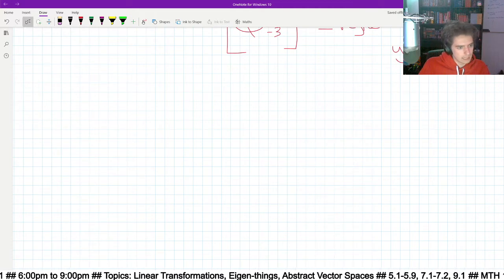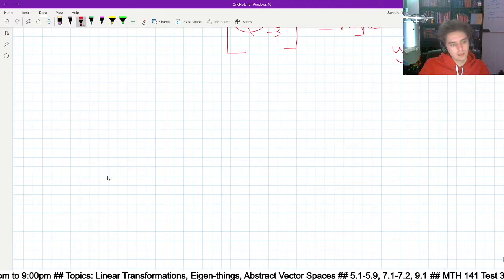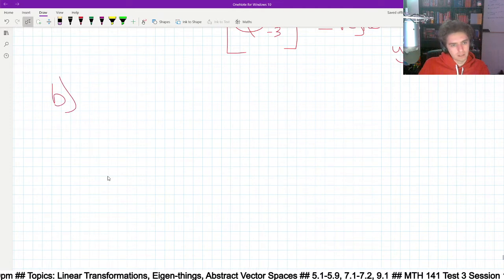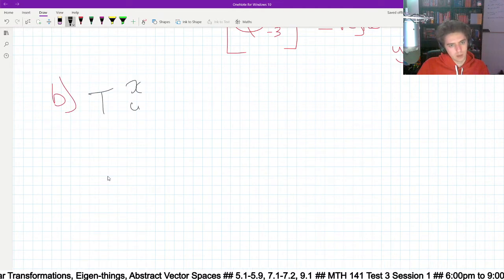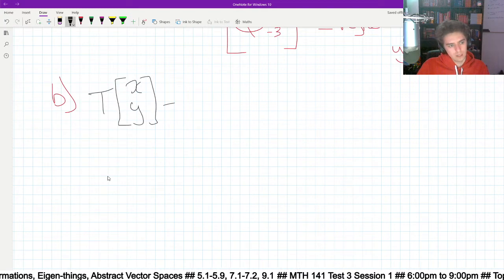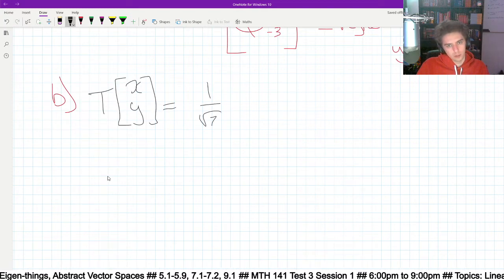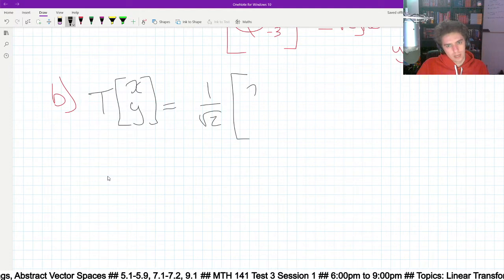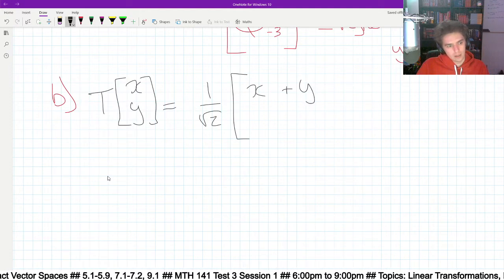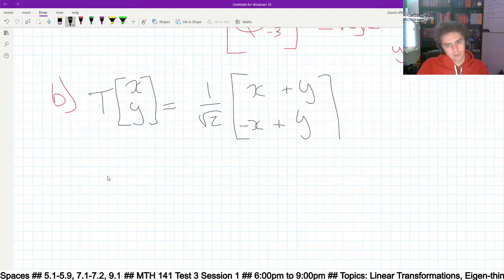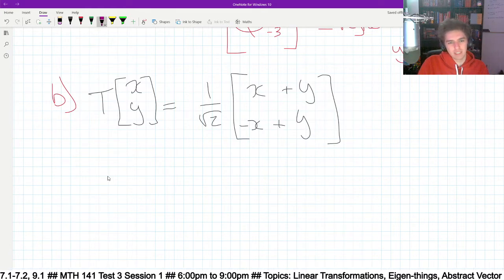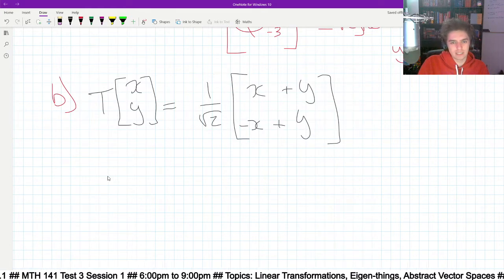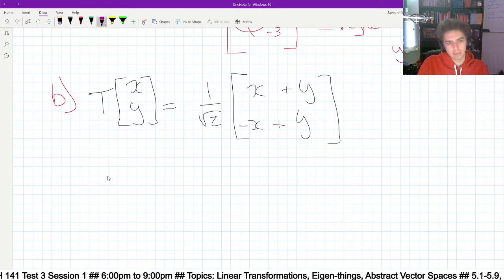I think B is the angle, right? Yeah, B is the angle. So for part B of this question, because we did part D, part B is a similar question. Txy is equal to 1 over root 2 times x plus y, negative x plus y. So my hint kind of breaks down here, because this has a coefficient, but I'm telling you this is going to be the r